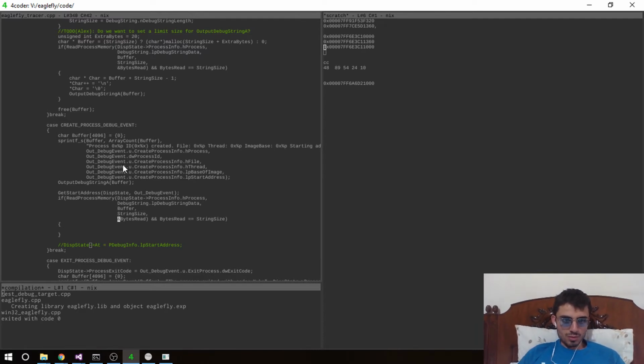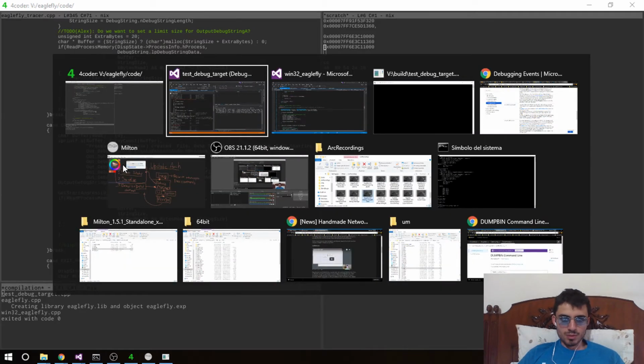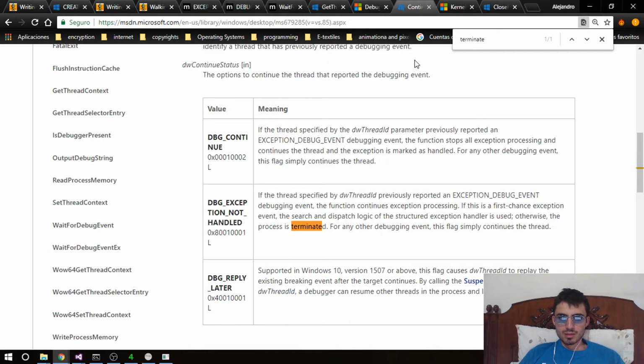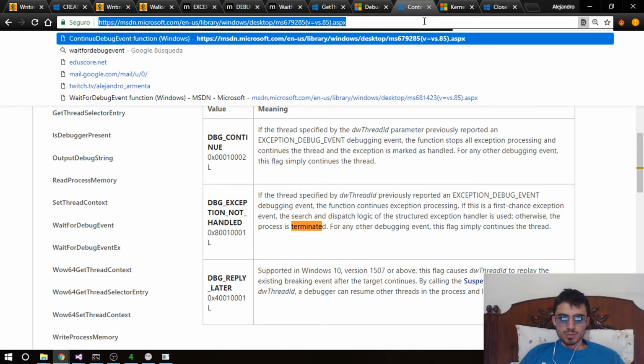So what I'd like to do is that the process is there, and this is the address. I don't remember what read process memory was, it is gonna be